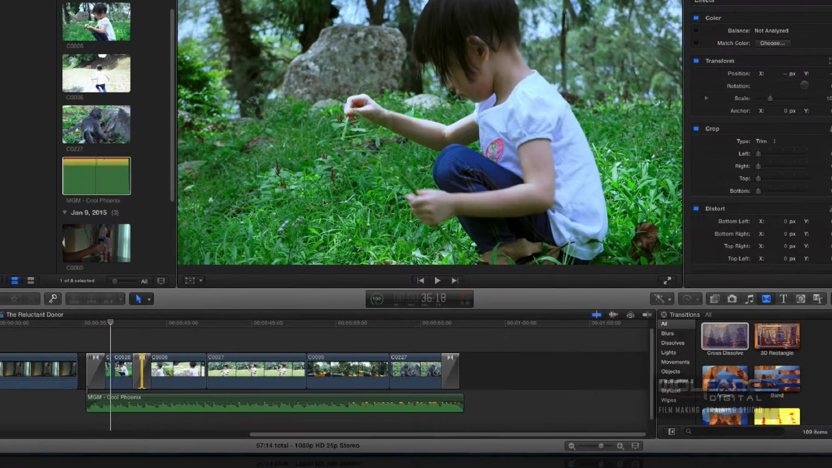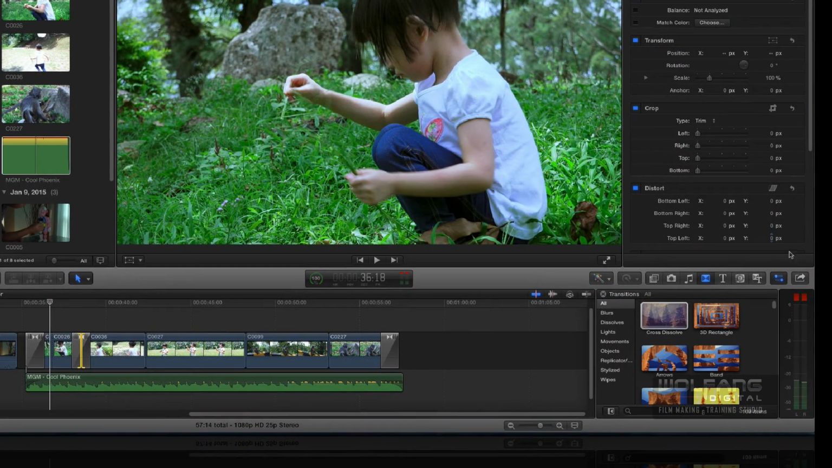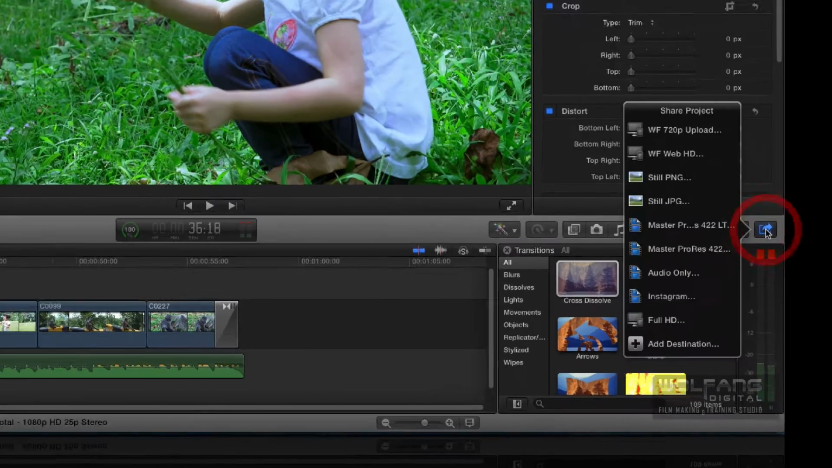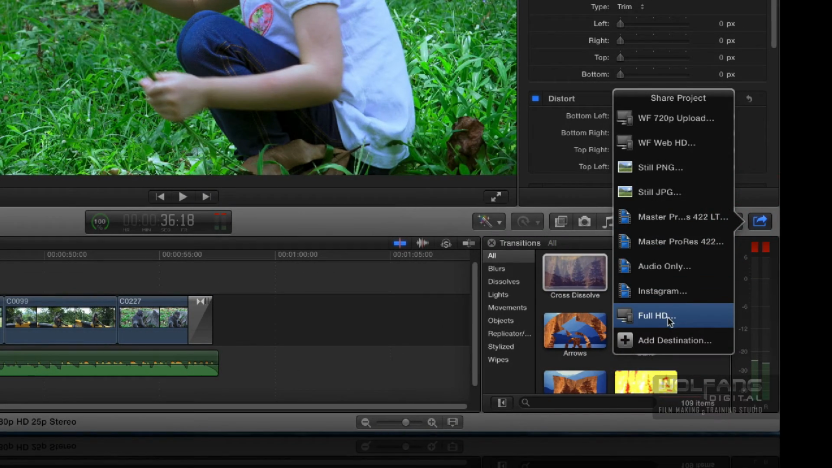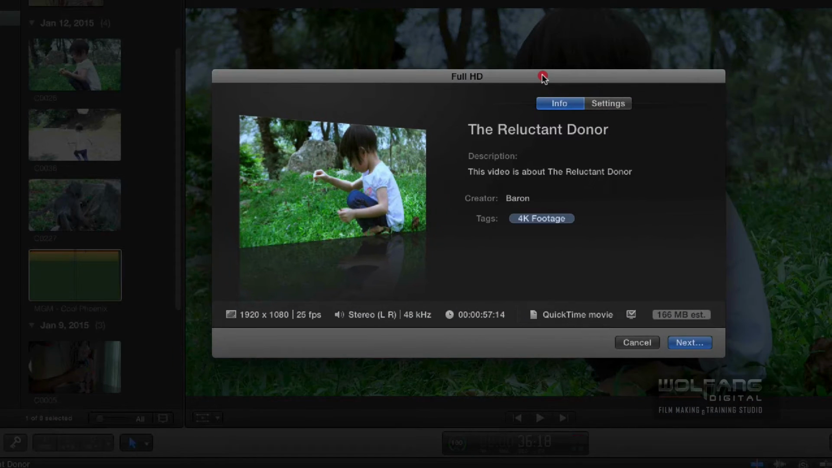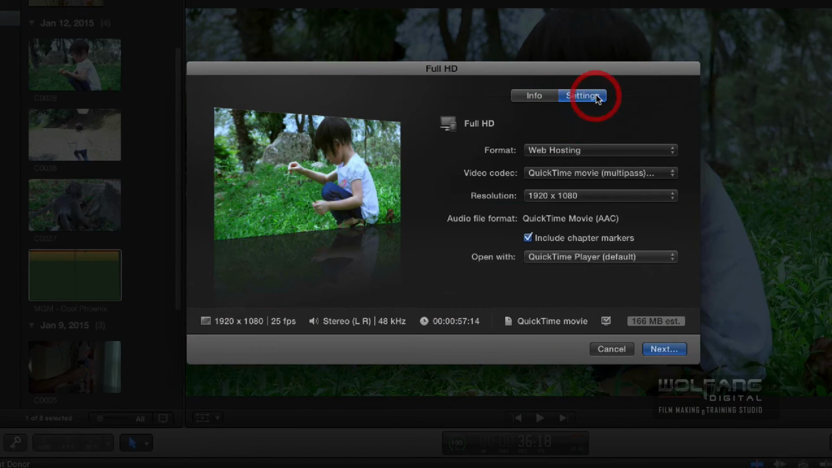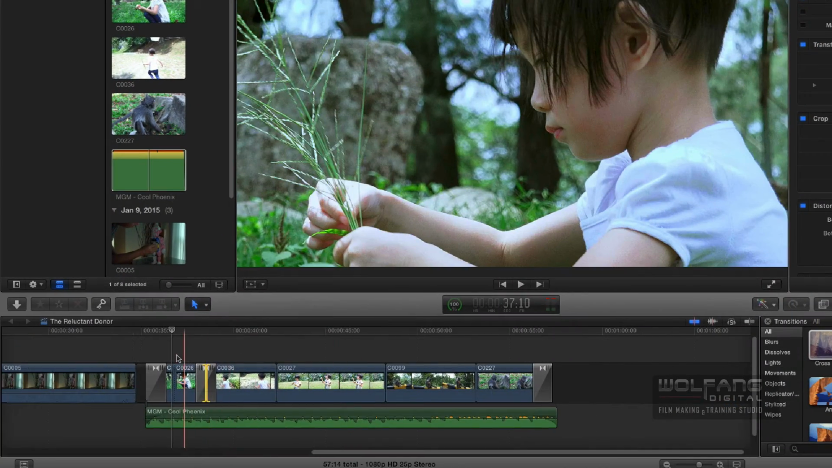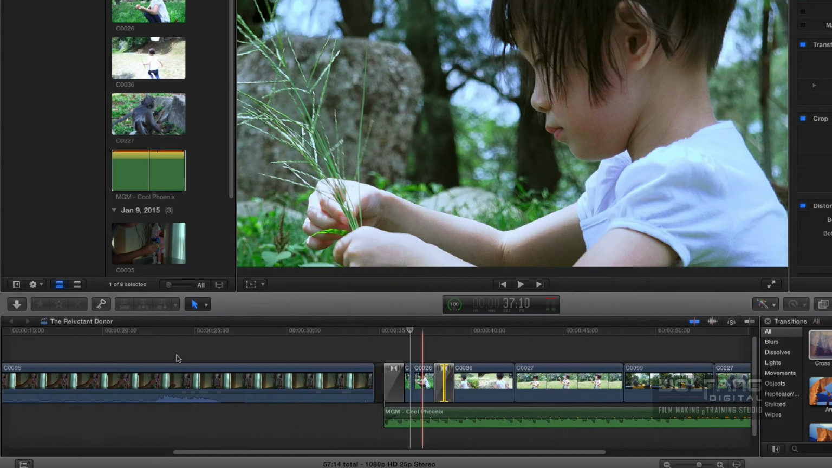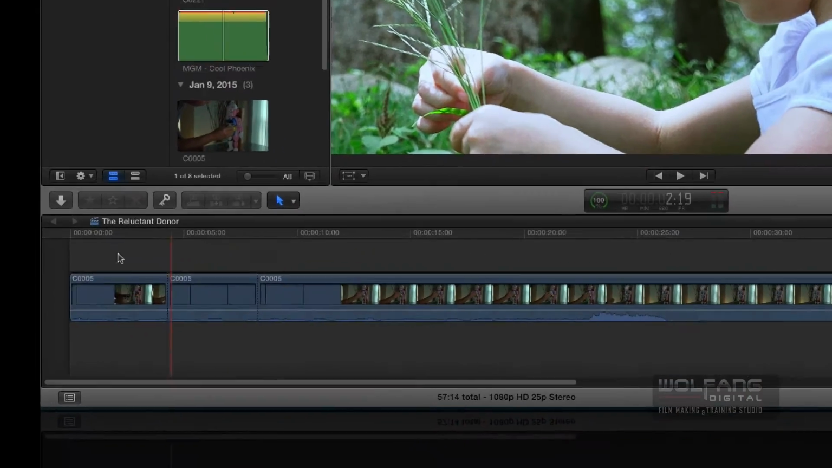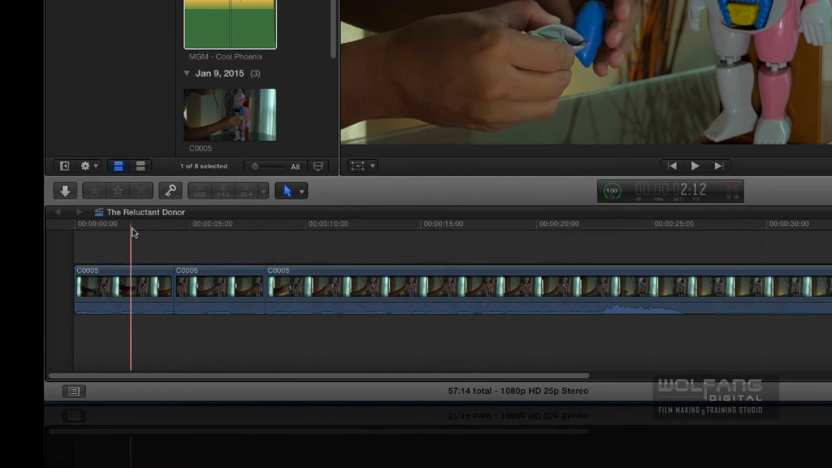Once you've added your export destination, when you click on the share button over here, it will always be there. So I'll click on full HD. Okay, so we're ready for export. Let's check on the settings, but are we really ready for export? Because we're not. Now, when you export this timeline over here, this project, Final Cut will begin exporting from the